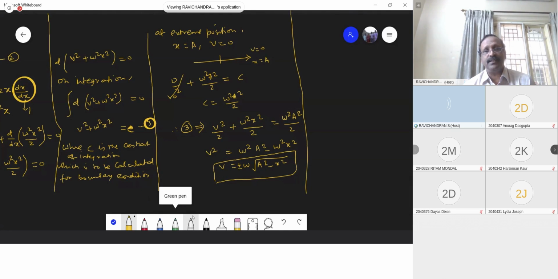To be calculated for boundary condition. Boundary condition is the extreme condition or initial condition. Initial condition we do not know. So extreme condition we know x equal to a and v is equal to 0 when it is coming to this point. Therefore, this part,